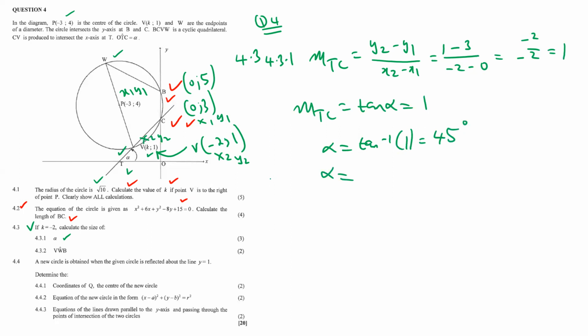If you don't want to write it like this, you can write alpha is arctan of 1. What is arctan of 1? It is exactly 45 degrees. Okay, so we are done. But there are many ways to do this question. Now we have found the angle alpha. The next thing is to find the size of the angle